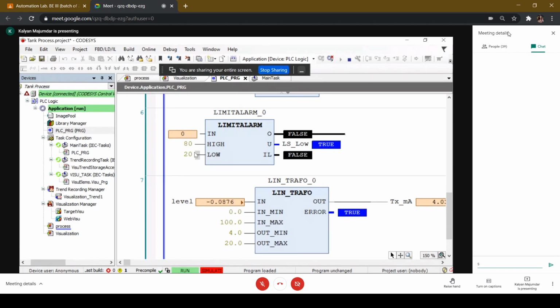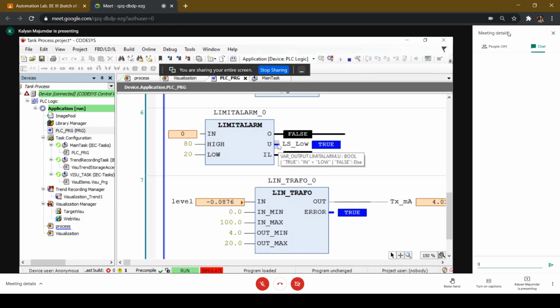So now if the level is below 20, then under would be true. And if the level is over 80, then over would be true. So this over and this under can be used to represent the state of the two level switches in the tank. And 80 and 20, the values of high and low, would represent the actual position of the